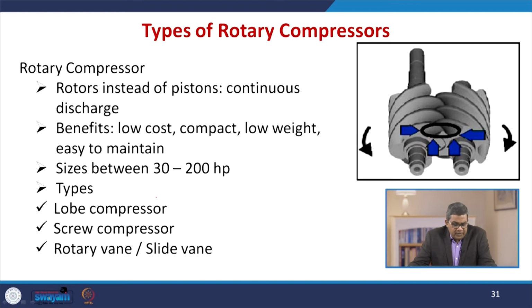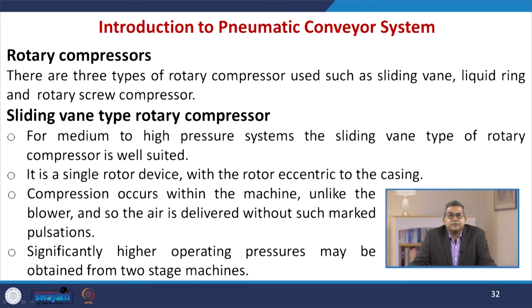Now there are many benefits associated with this kind of arrangement: low cost, they are very compact in nature, low weight and easy to maintain, and they are available in sizes between 30 to 200 horsepower. Now there are different types of these rotary compressors. One is the lobe compressor, then the screw compressor, and the rotary vane or slide vane compressors. There are three different types of rotary compressors which we use: sliding vane, liquid ring and